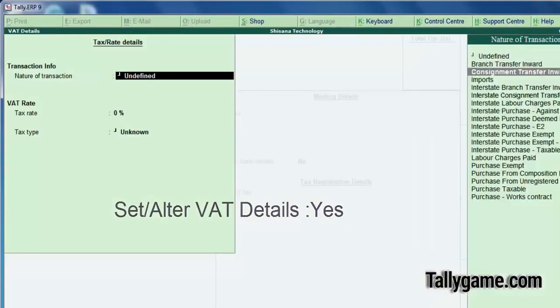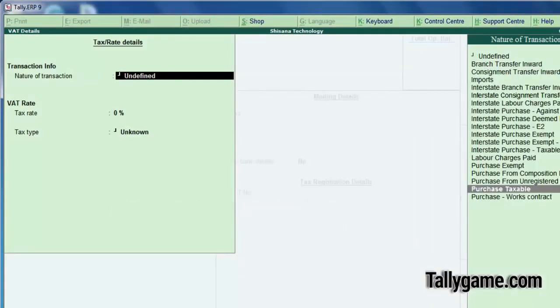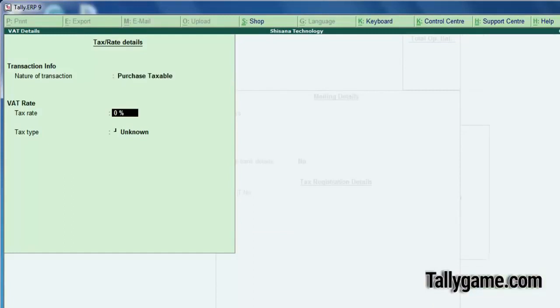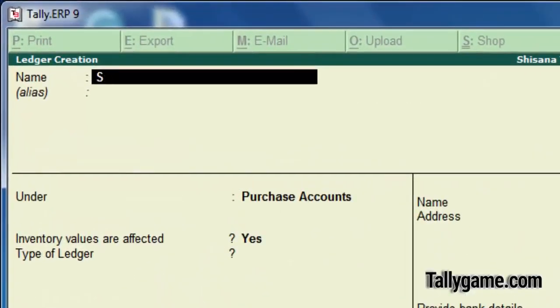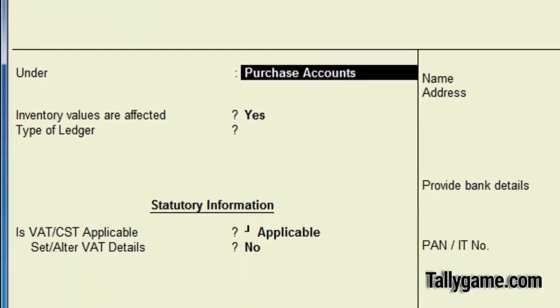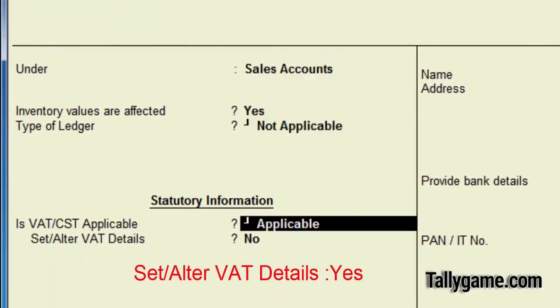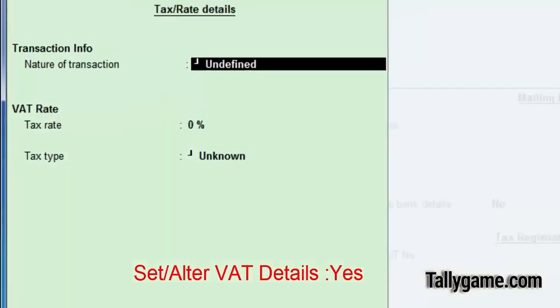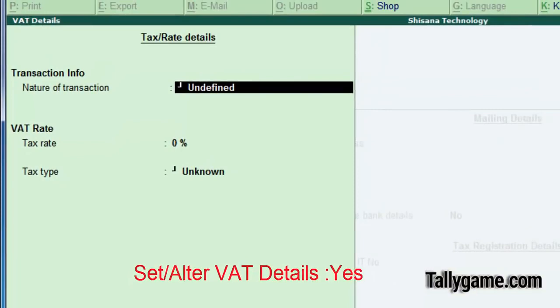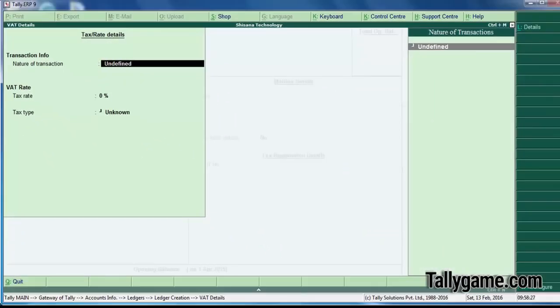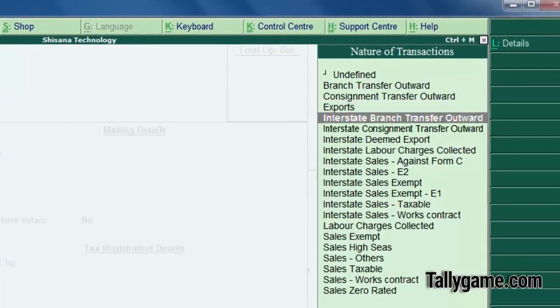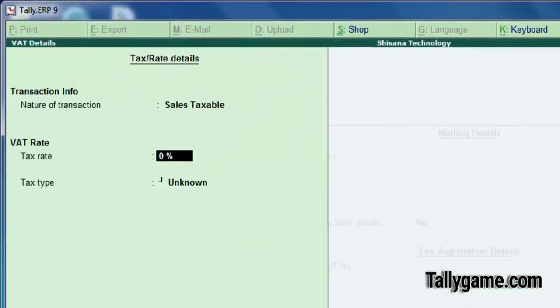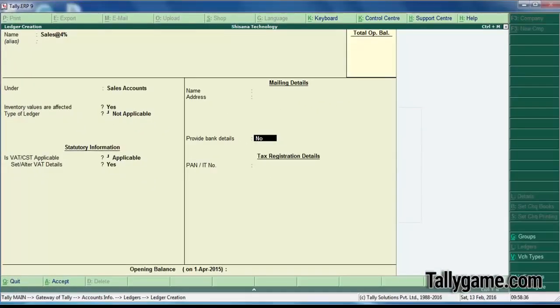Nature of transaction, purchase taxable. Tax rate is 4. Now sales at rate 4 percentage, under sales account, sales taxable, 4 percentage is the rate.